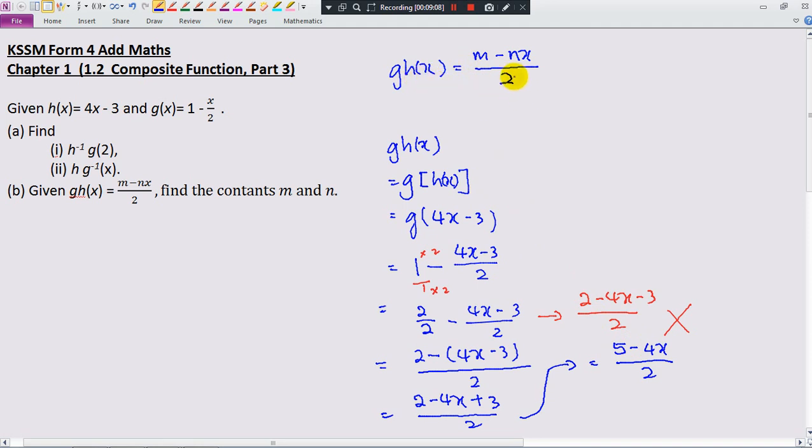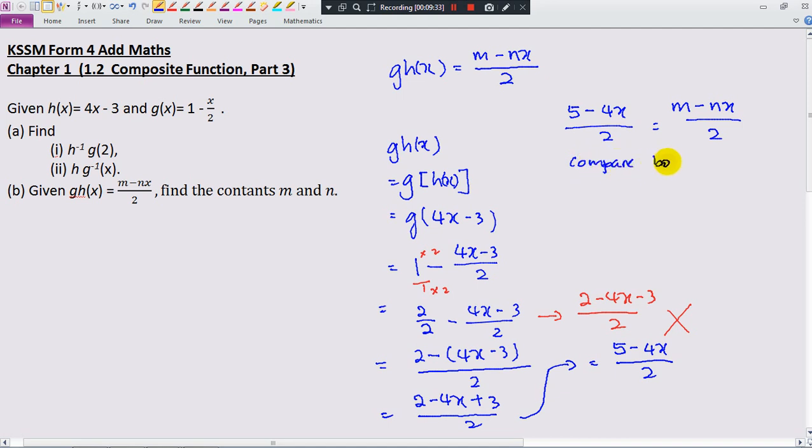That means these two are actually the same thing, right? So we can write 5 minus 4x over 2, which we got ourselves, is equal to this given by the question, m minus nx over 2. So by comparing both sides,